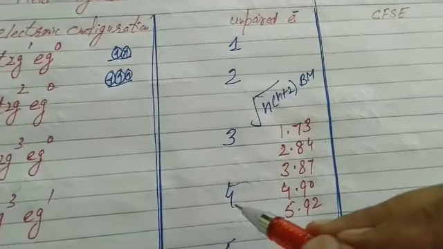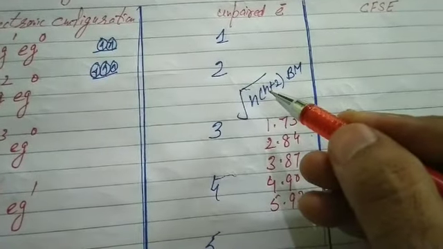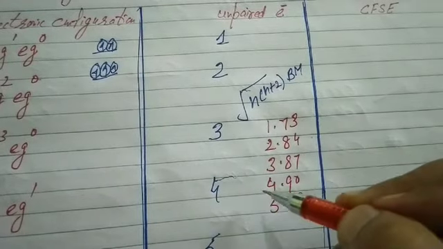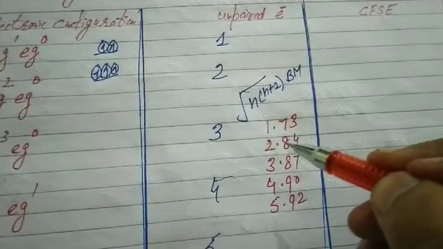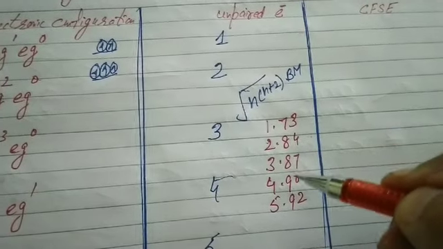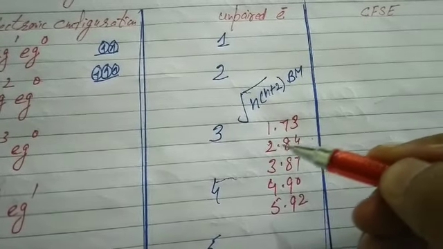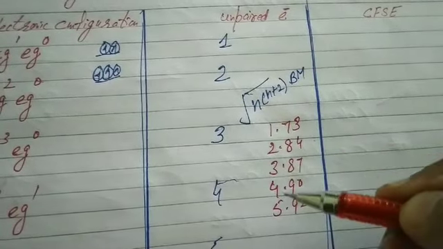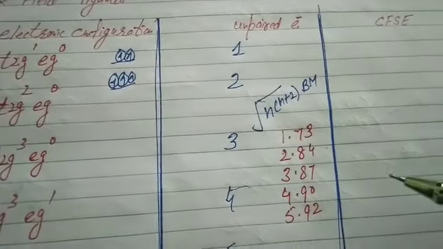Check unpaired electron. If it is 4, no need to go for this formula. No need to waste the time. 4 means you will tick 4.90. Unpaired electron 2 means you will directly tick 2.84. Definitely these options will be there. Out of these 5, 4 will be there. One will be of 1 point, second will be in 2 point, and third will be in 3 point, and fourth will be in 4 point. If one unpaired electron, tick 1.73.